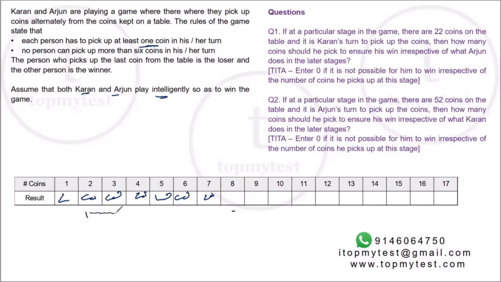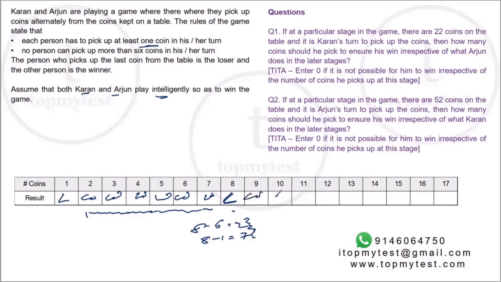Worse, I'll put my opponent between 2 and 7. 8 minus 6 is 2 and 8 minus 1 is 7. So I'll put my opponent in this range, 2 to 7. He is equally intelligent as I am, so he will put me back at 1 and I will lose this game. So at 8, I'll start losing again. What happens at 9? I obviously cannot put my opponent at 1, but I can put my opponent at 8. At 8, he's facing the same sort of problems as I am going to face. He will put me between 2 and 7, and inevitably, I'll go back to 1. I'll put him at 1 and win the game.